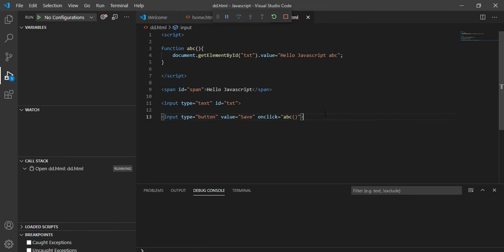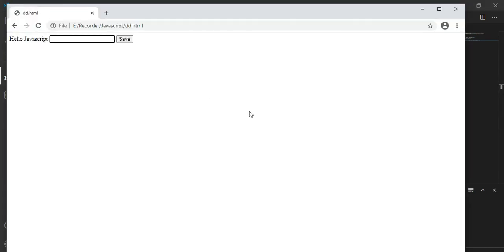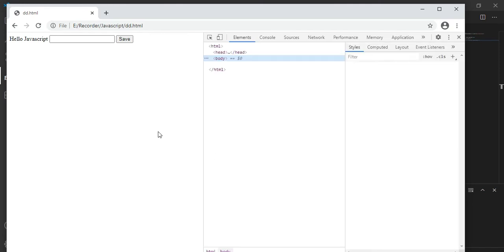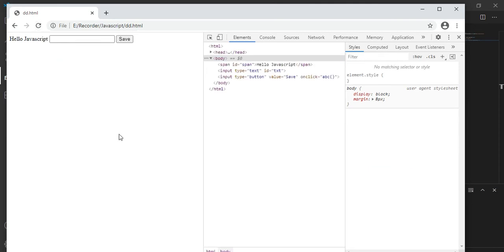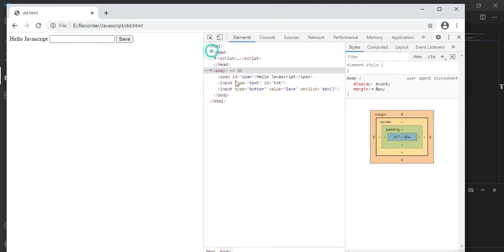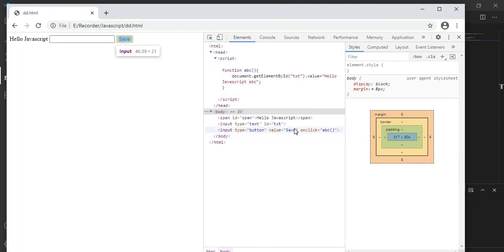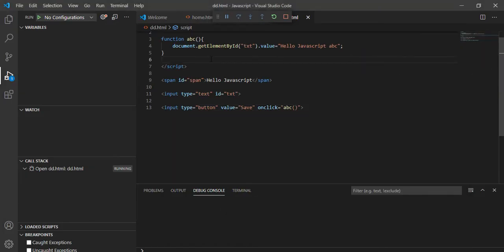Save your file, go back to the browser, and inspect. Please do this step, because in order to load your latest code, else lots of times we have seen that the code is not loaded. See, the code is fully loaded, right? Our JavaScript code is there and the HTML code is here. So let's click the button and we'll see the result. All right, it ran successfully.